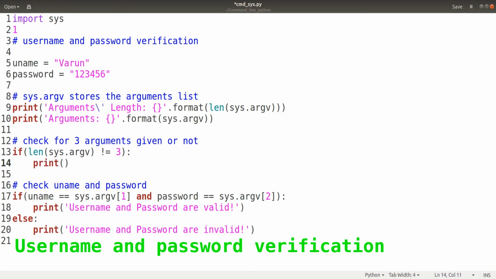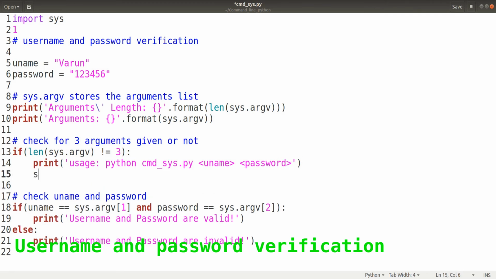then we'll print how to use these arguments, right? So the user will come to know what he has to input the next time. Let's write usage here. So usage will be the Python file name, second will be username, and third will be password. Okay, after that we will exit so that we will not have to use the remaining code. So our username and password verification should not happen if the user has not entered the correct arguments.